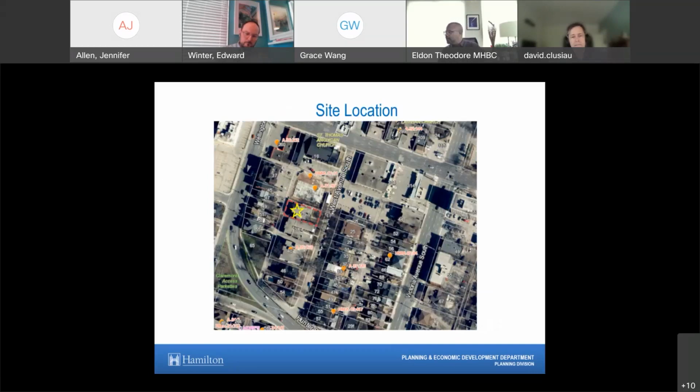Subject lands are located on the west side of West Avenue South, which is just south of Main Street East and north of Hunter Street East, and in between Wellington Street South and Victoria Avenue South. The site is surrounded by various low-rise multiple dwellings and single detached dwellings, as well as a department store at the corner of West Avenue South and Main Street East, and a place of worship on the opposite corner.